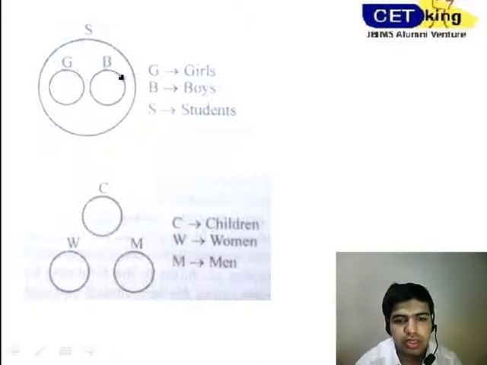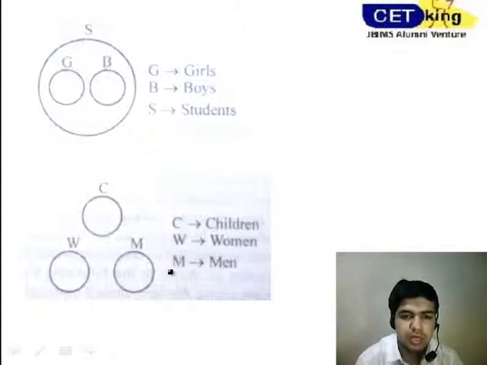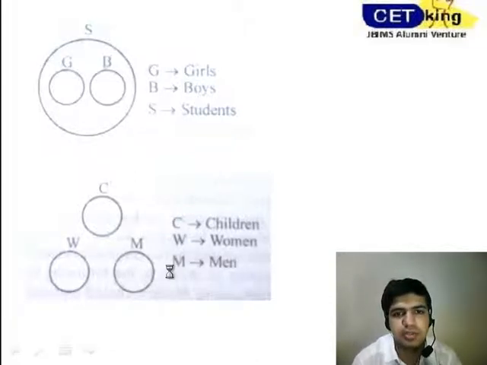Okay, and the next is children, men, and women. First of all, we'll try to make out some common areas between them, to see if there is any subset in this. Children and women, is there any common part, or is children a subset of women? No. And is men related to women? No. Are children related to men? No. So all these three will remain disjoint to each other. This is a typical example of disjoint sets, three disjoint sets, that we discussed previously in types.